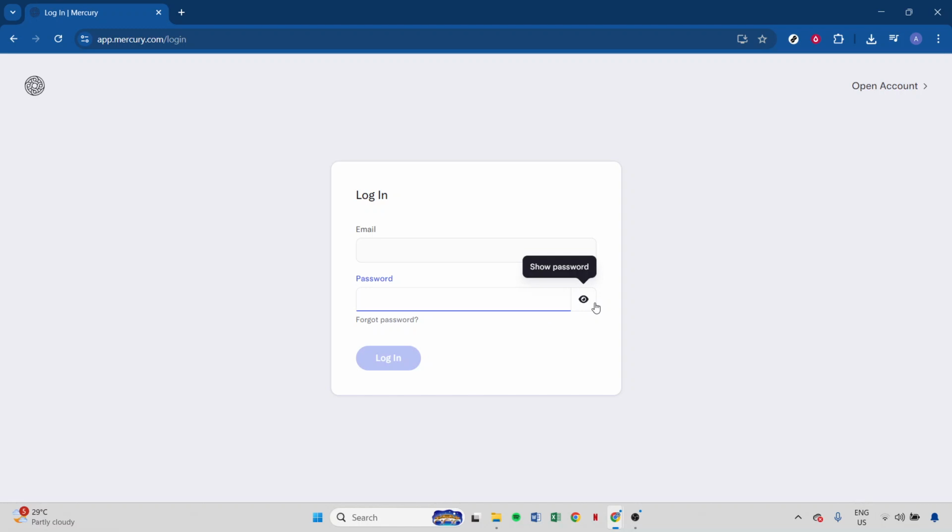If you've enabled two-factor authentication on your account, which is highly recommended for added security, you'll now be prompted to complete this step. A one-time code will be sent to you either via SMS, email, or through an authenticator app. Have your device ready to receive the code and enter it as prompted. This extra layer of security helps protect your account from unauthorized access,